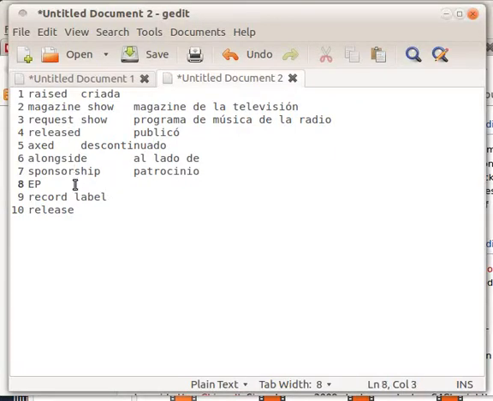EP, extended play, is in Spanish usually EP. Record label is discográfica, which is short for compañía discográfica, and release is disco or canción or número. When you talk about a release, a record release, we could call it disco because it could be a compact disc as well. That's fine. And now I'm going to save this